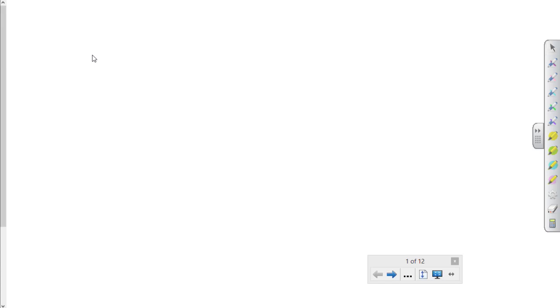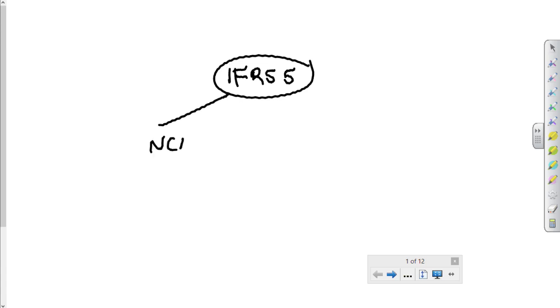Right, so today we're going to spend 2 lectures looking at IFRS 5. IFRS 5 deals with 2 things. It deals with non-current assets held for sale. What happens when I have a non-current asset like PPE, property,